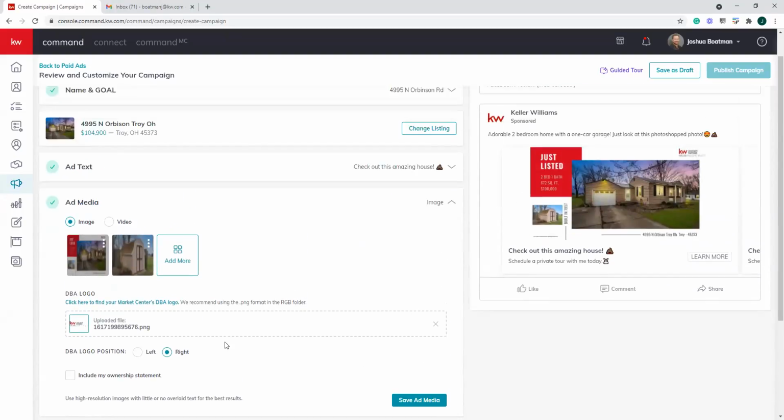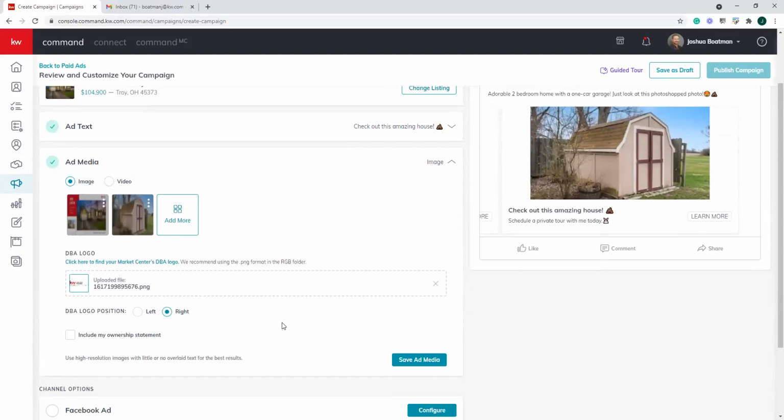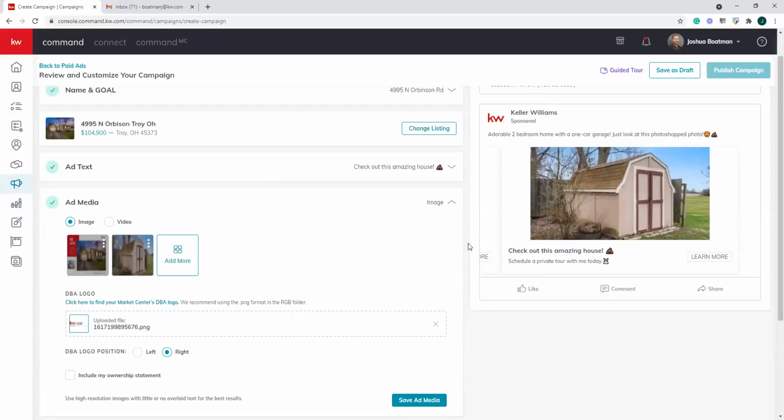Now, here is a little bug that I'm going to tell you about that I hope they don't ever fix. You're going to notice right here, you have your DBA logo. Generally, you need to make sure when we're advertising a listing that your DBA logo shows up. So right now it shows, oh,